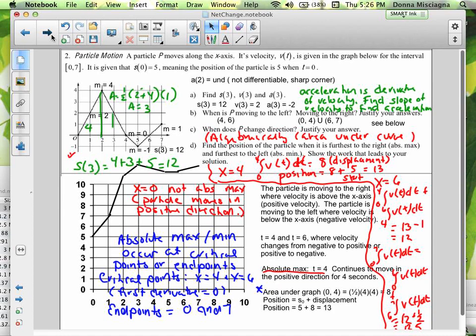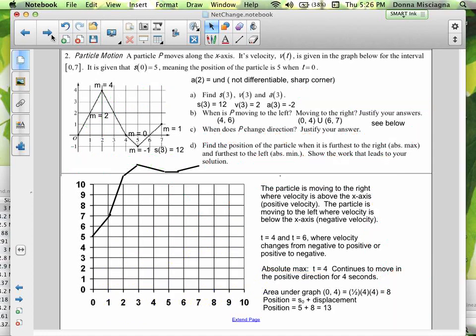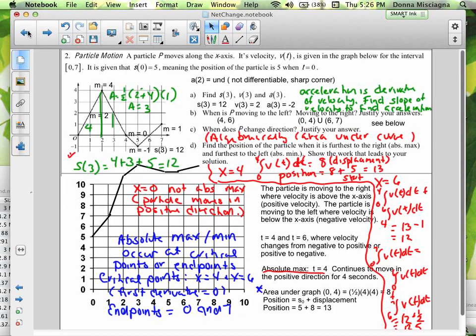And let's move on. By the way, I have the same thing over here without all the writing. Oh, and what's this? All right, so actually let's look at the graph. So the graph here is showing the position function. Almost forgot. So we start here at 5, right? And then we're going positive. We got a positive 2 for that first little triangle there. And then we add in another 4